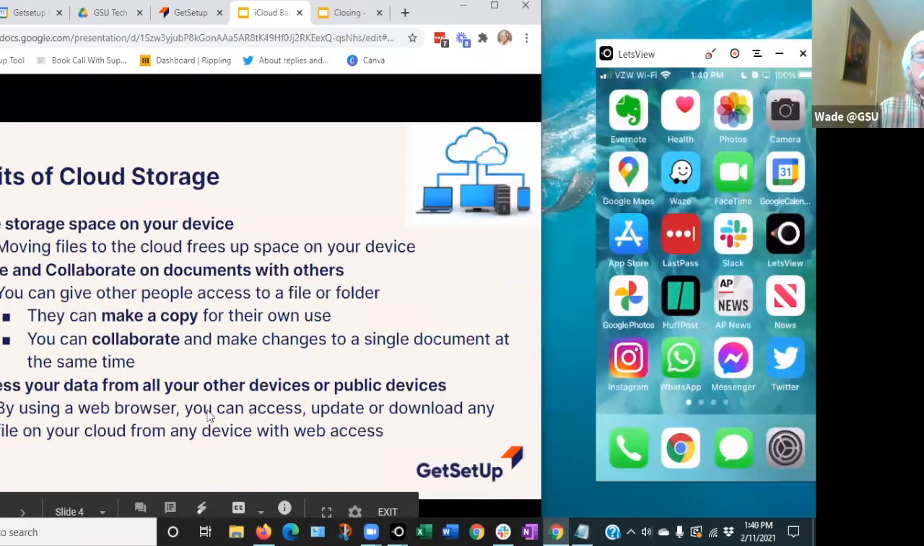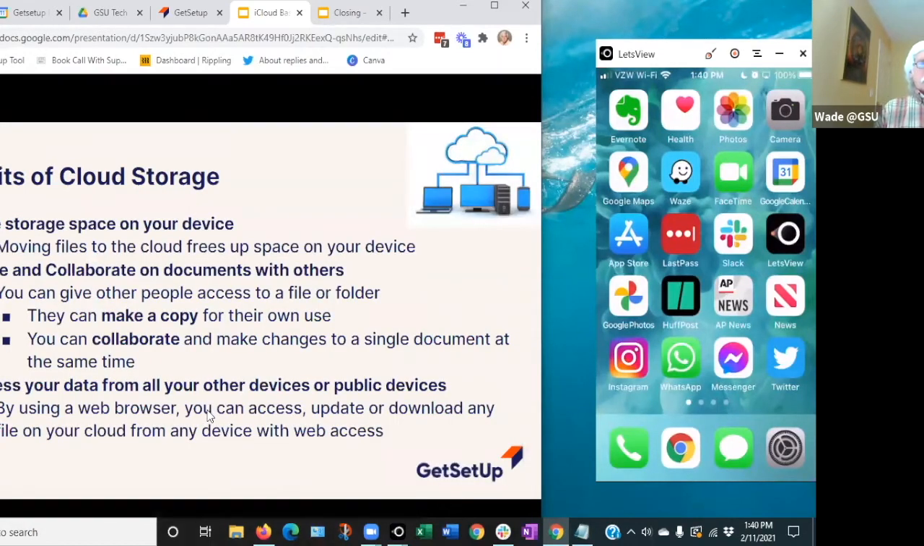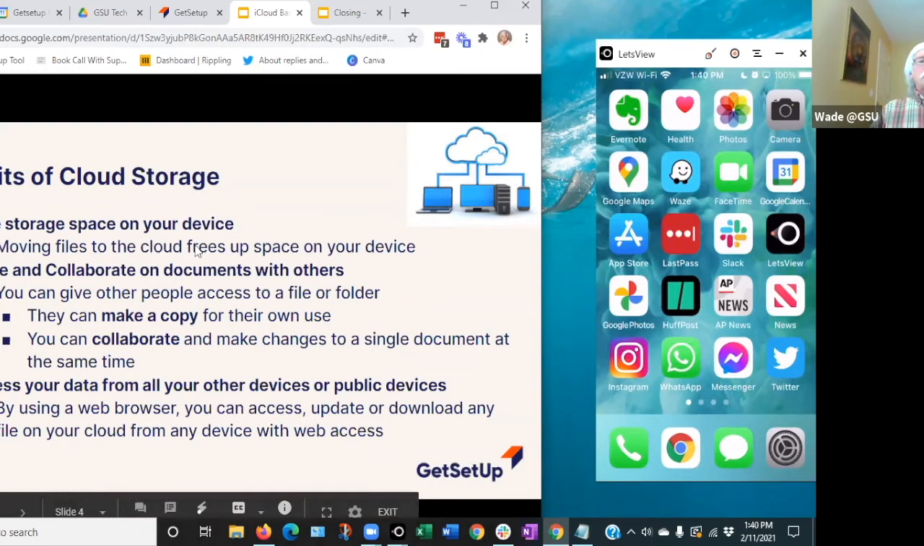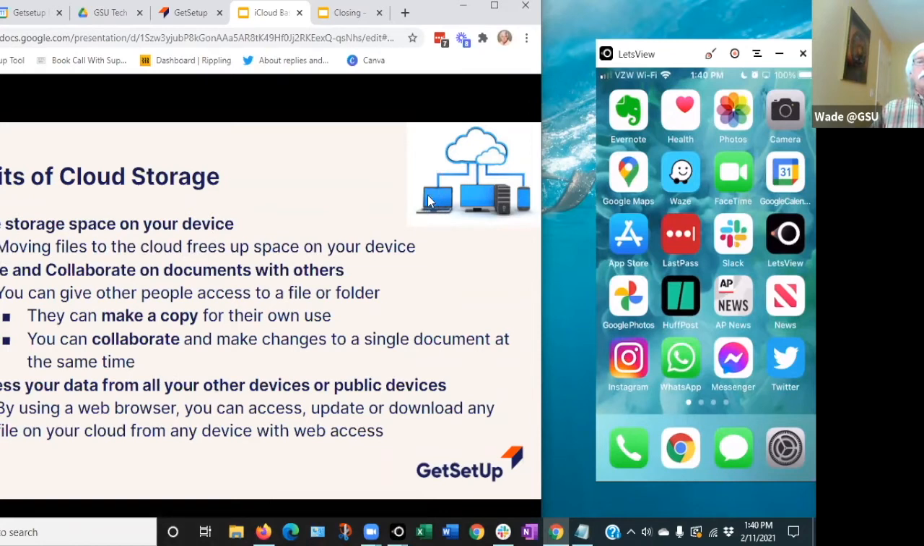So, benefits of cloud storage. Why do people love cloud storage? Why have all of the major providers gone to cloud storage? You can save storage space on your devices. It's one of the first reasons for it. If your disk drive is getting full, you can move things from your device into the cloud to free up